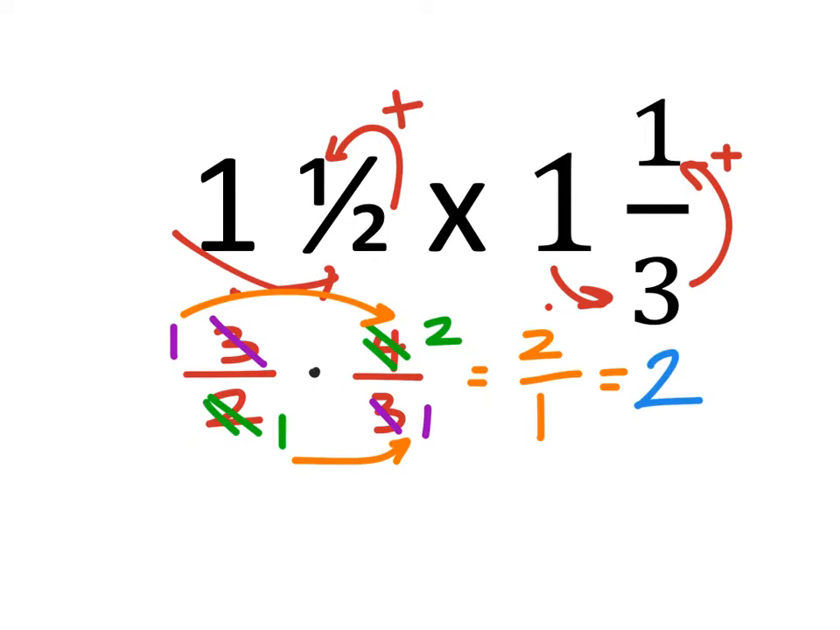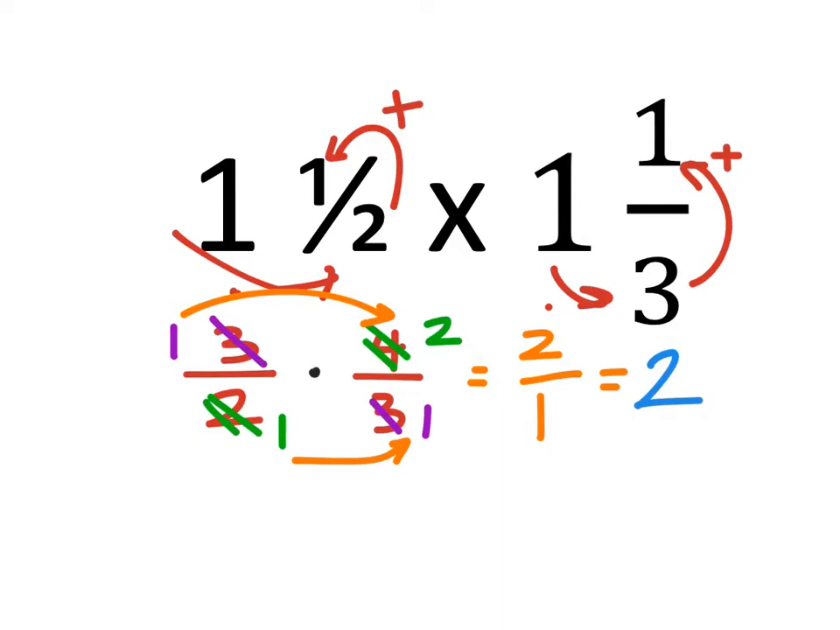So 1 1/2 of 1 1/3, as it turns out, would be 2. 2 full parts, or pieces, wholes, whatever. Alright, so we'll show this with the modeling on this. Actually, I'm sorry. Before I show the modeling on this one, let me show you how this would work